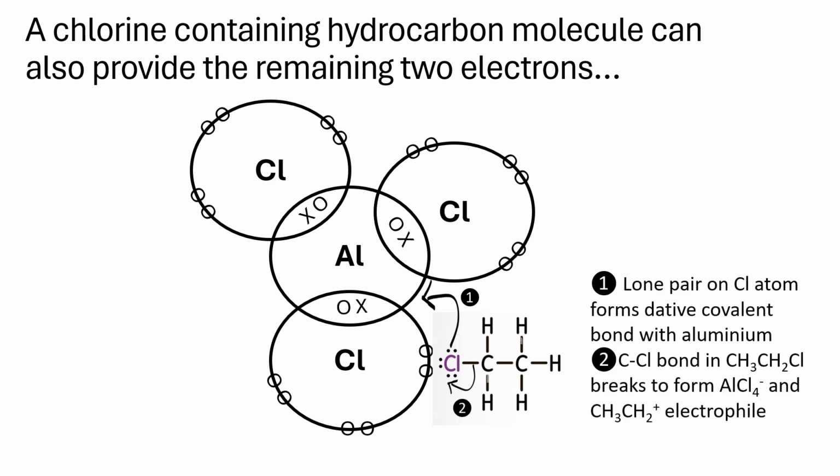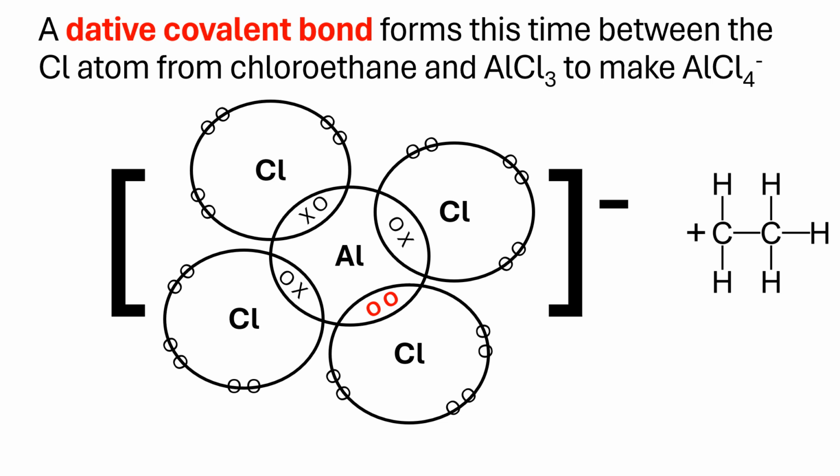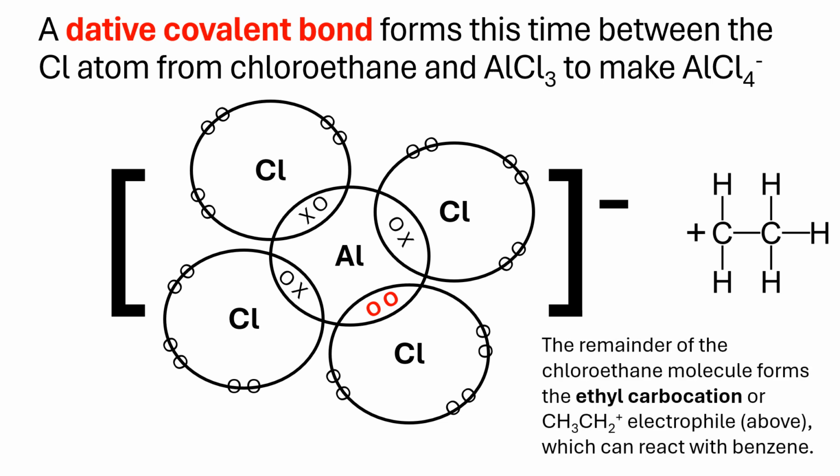So what happens is the lone pair on the Cl atom forms a dative covalent bond with aluminium, and the C-Cl bond in CH3CH2Cl breaks to form AlCl4- and the CH3CH2+ electrophile. Now this carbocation, CH3CH2+, is fine to write it like that,